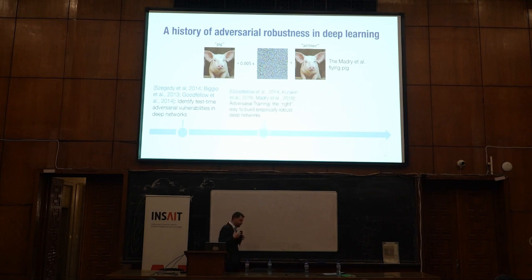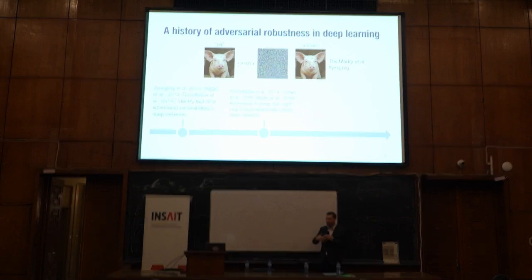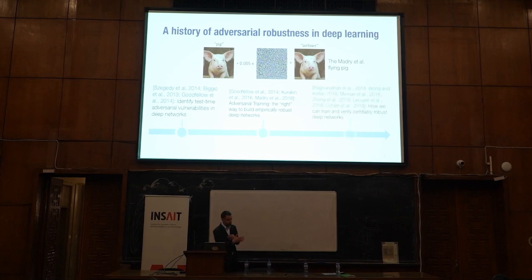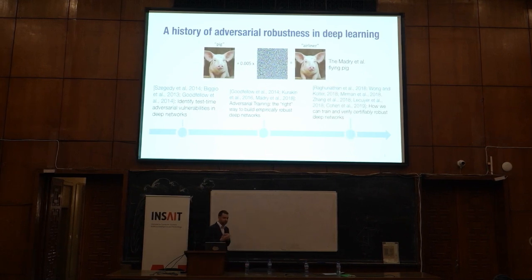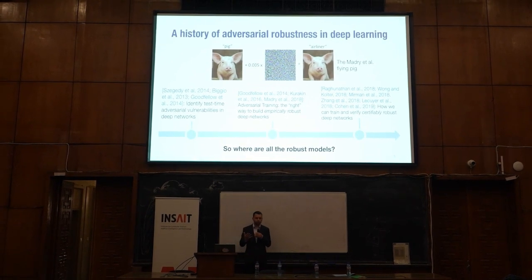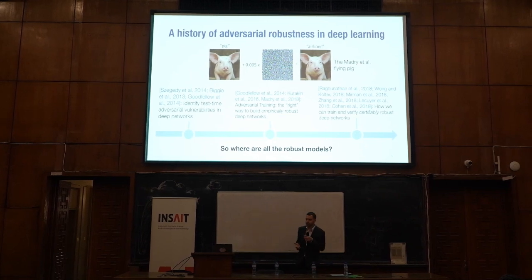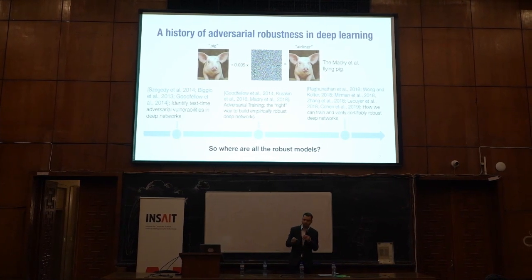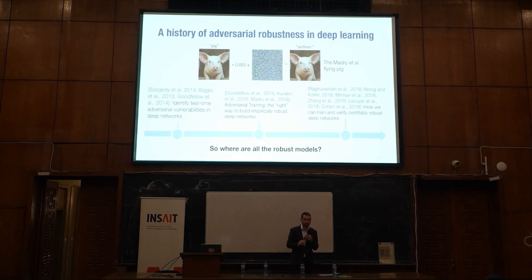Shortly thereafter, we developed ways to solve this problem. So we developed techniques based upon adversarial training, and later even certified methods. Actually, both Martin and my group worked extensively on these certified methods. So we've known how to do this for 6 years now. But this obviously raises an important question, which is if we've known about the problem and known how to fix it for so long, where are all the robust models? We have deployed many, many machine learning models since 10 years ago, and none of them are robust, really.